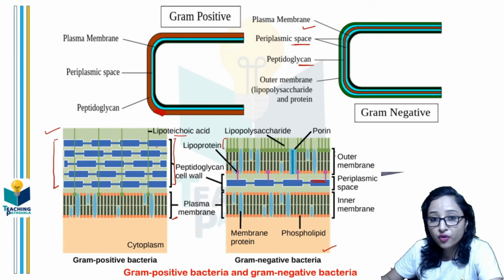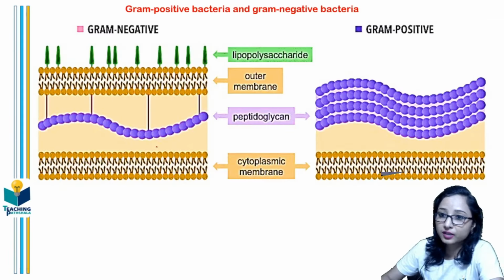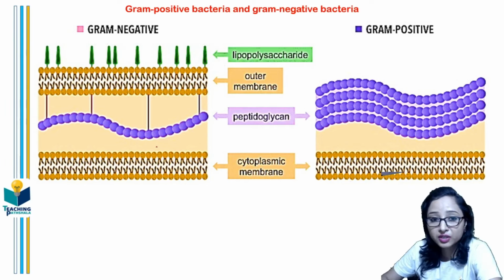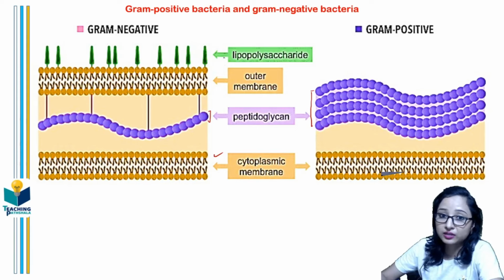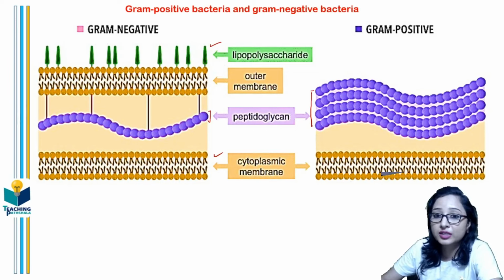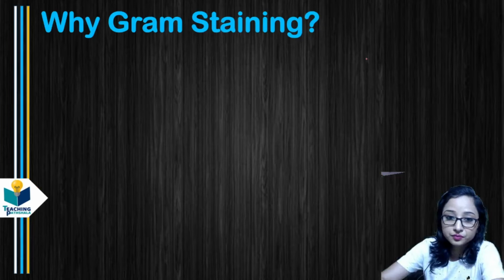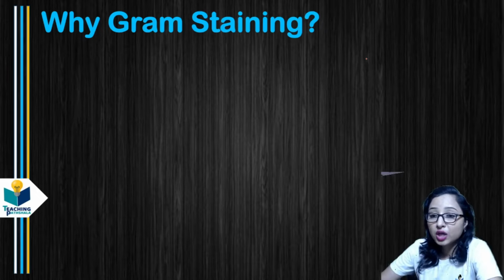So in this form we have seen what the exact difference is between gram positive and gram negative. One more picture is there. It is also giving you a clear-cut idea of how we can distinguish both of them. This is the cytoplasmic membrane. Again, this is the peptidoglycan, which is very thick in gram positive bacteria, whereas it is very thin in gram negative bacteria. This outermost layer is composed of polysaccharide, which is mainly absent in gram positive bacteria.